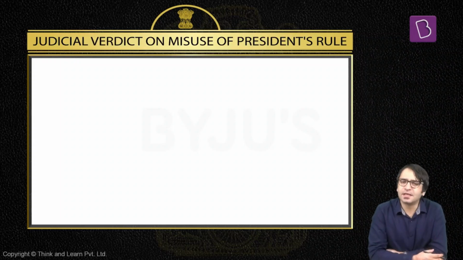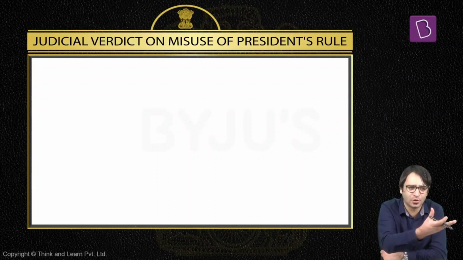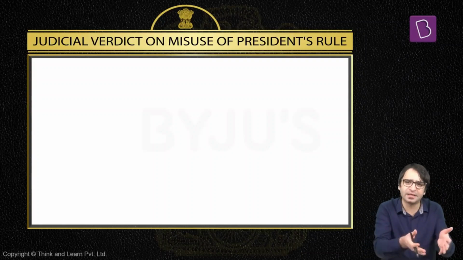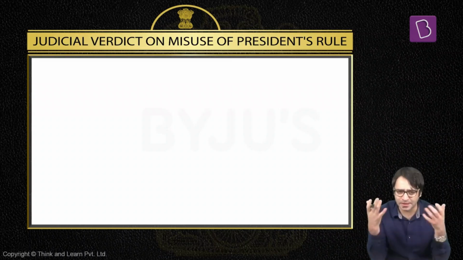Not just this, something else happened. 1992, Babri Masjid was demolished. The BJP governments in 3 states were dismissed. One government in Rajasthan, the other government in Himachal Pradesh, the third government in Madhya Pradesh. The logic given by the center was that there is breakdown of constitutional machinery because these 3 state governments have failed to curb the riots, and since there is breakdown of constitutional machinery, dismiss these 3 state governments in Madhya Pradesh, Rajasthan, Himachal Pradesh.